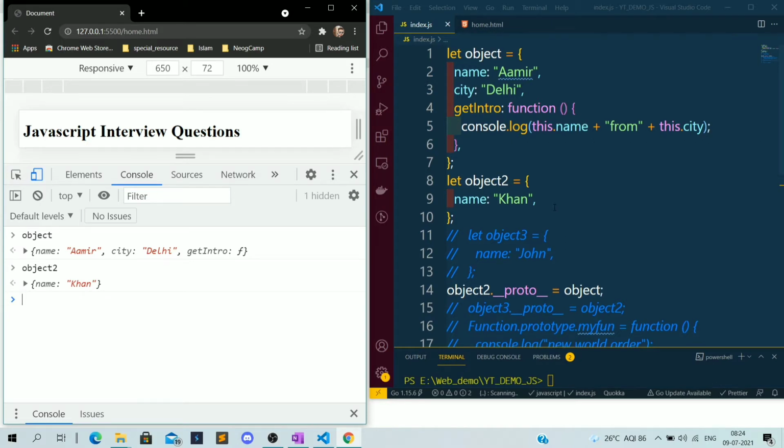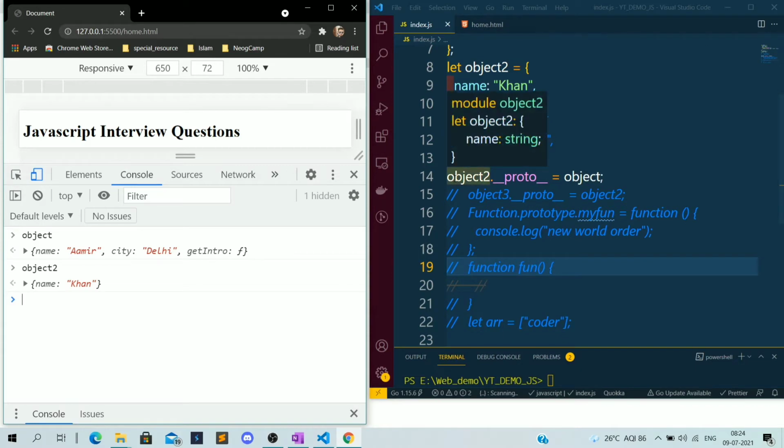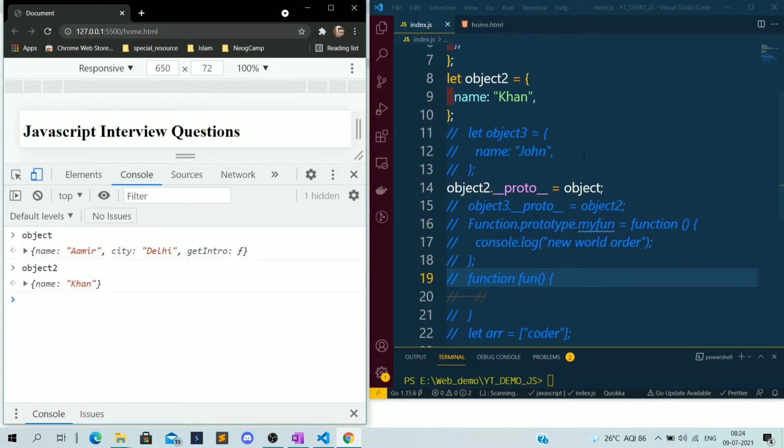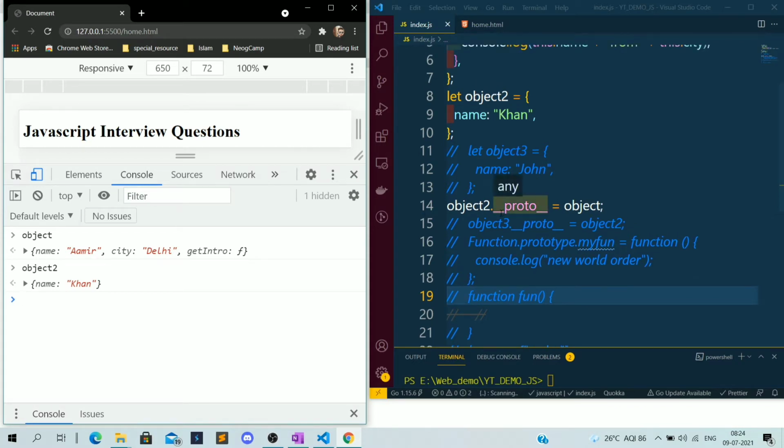Now comes the concept of proto. See line number 14: object2.__proto__ = object. Every object has a property __proto__, and this proto is also an object.